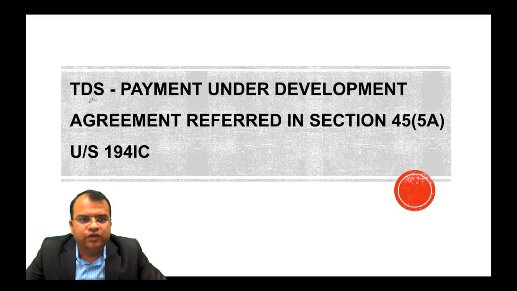Let's look at the deduction of TDS from payment under development agreement, which is referred to in section 45, subsection 5A, and the TDS has to be deducted under section 194IC. Now in these cases, what happens is that if suppose an individual owns a piece of land or a building, or maybe both of them, this individual may give this to a builder who will construct maybe a house or a flat or a floor on it,